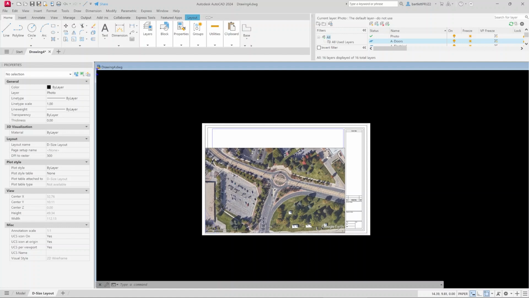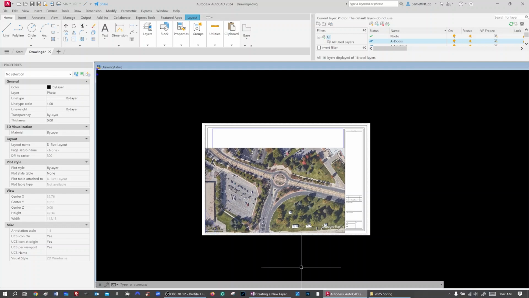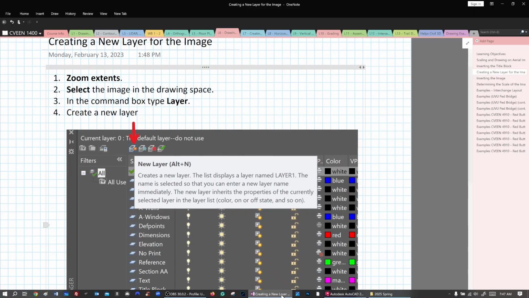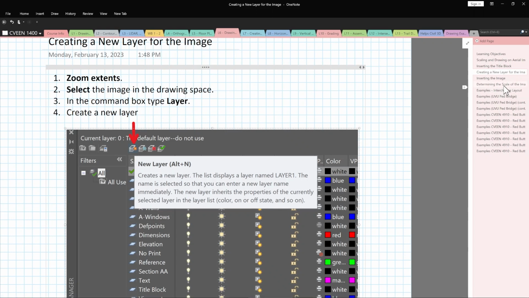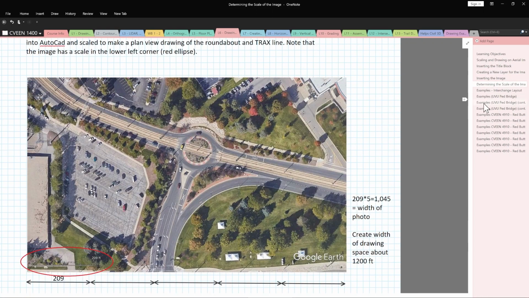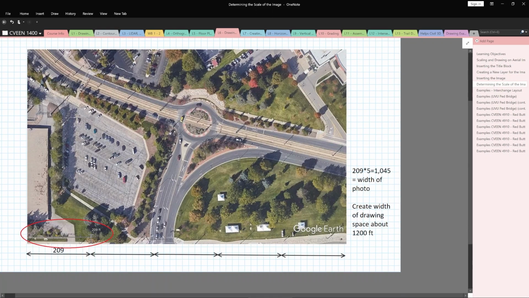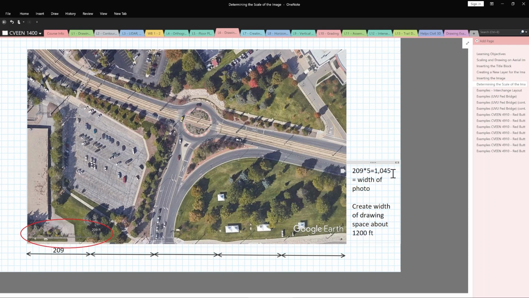These instructions are also in the notes. Let me show you how I determine how to scale it. I'm going to the tab called Determining the Scale. Notice there's a scale down in the photo of 209 feet. And so we have approximately 5 209-foot segments across this, which makes the length of this image just slightly over 1,000 feet. Okay,